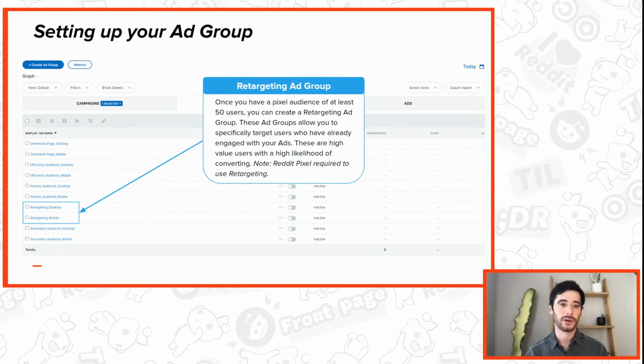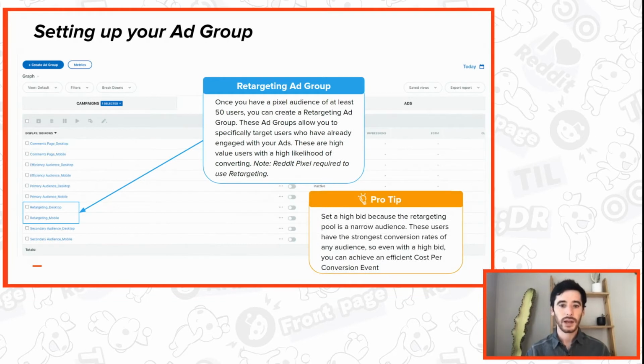Usually these are going to be your best performing direct response drivers. A caveat of running retargeting is that because you are going after a very narrow group of people, it's only people who've engaged with your ads, you do need to set your highest bids in these placements. So make sure that you have a really strong bid here so that you're able to win almost every impression